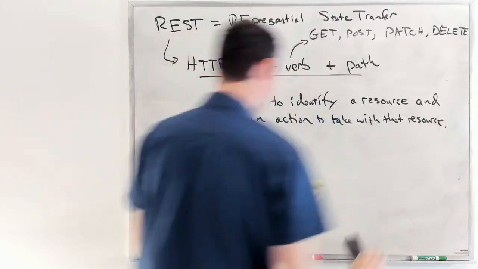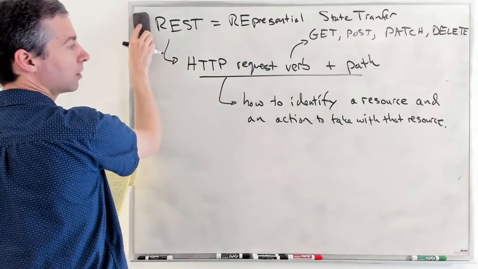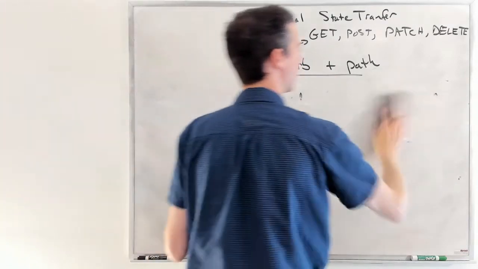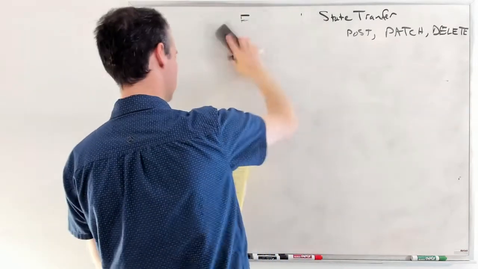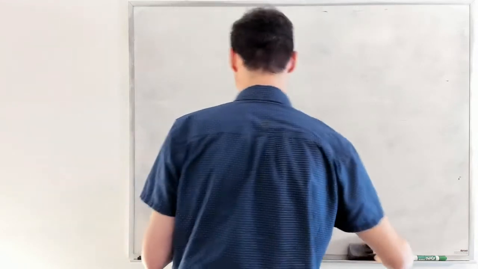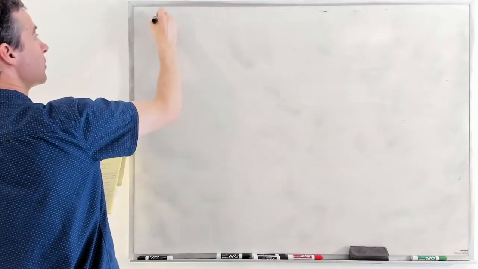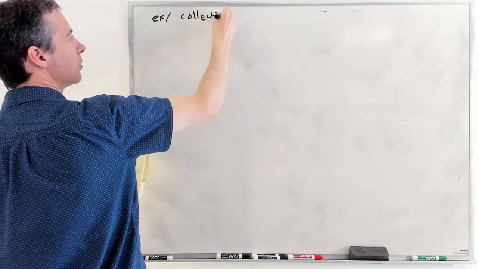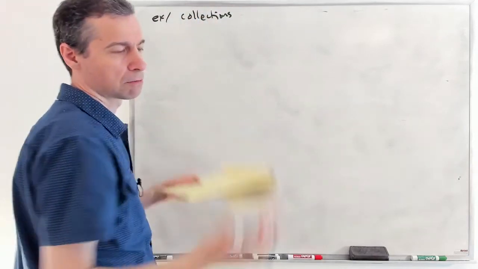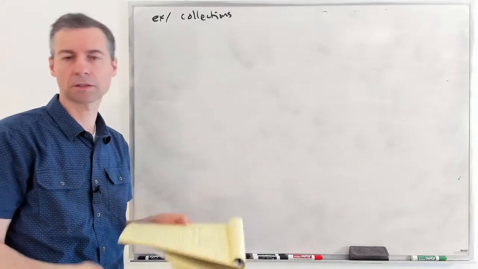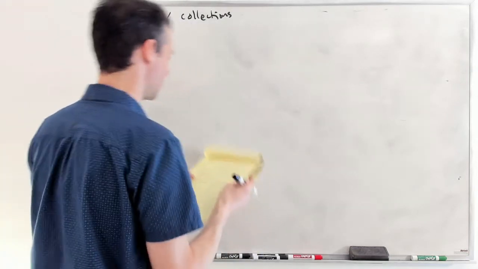All right, it's best to look at this with an example. So let's say we're maintaining a collection of songs. All right, so we'll go with an example, a collection of songs. And this is something about the songs. Maybe we record the song title, the song artist, the year, who knows what, but it's some sort of